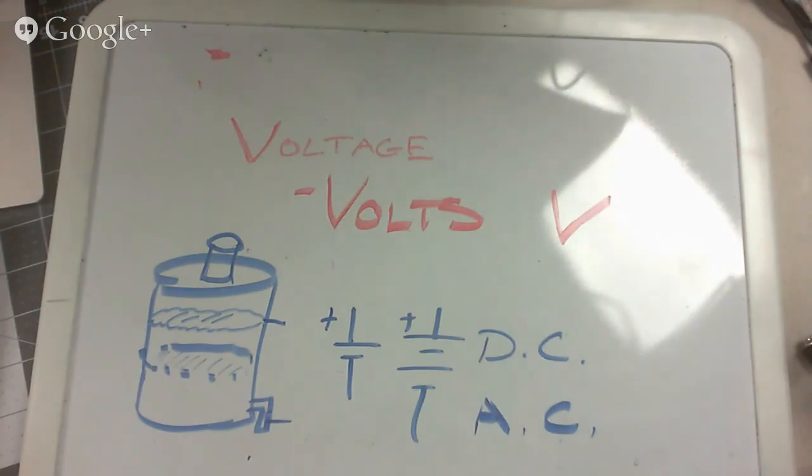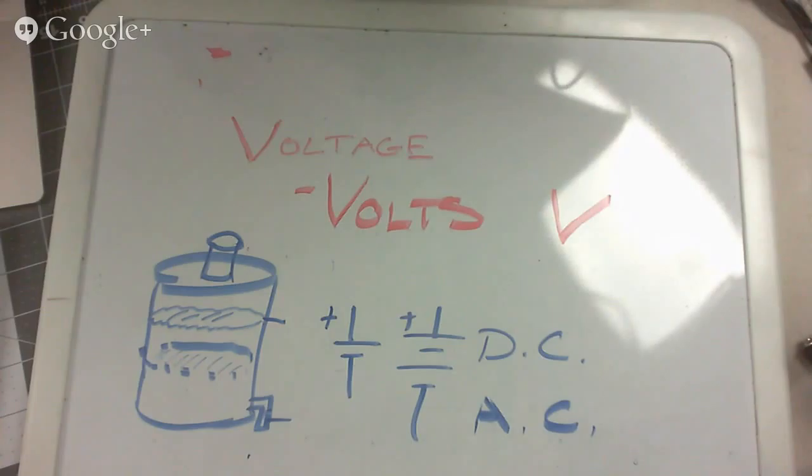Trying to think if there's anything about the voltage else we want to talk about. The symbols, it's measured in volts. Batteries tend to produce DC. There's other sources of DC that we can talk about a little bit later. But for right now, what most people are going to